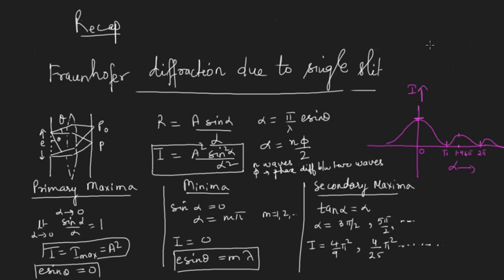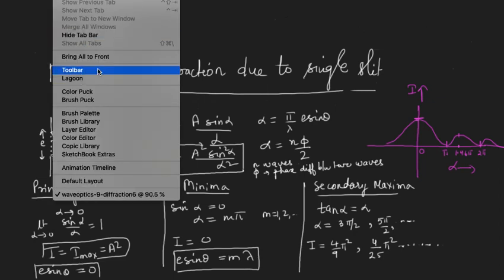In the last lecture, we did Fraunhofer diffraction due to a single slit, in which we considered the width of the slit, and we saw how our intensity modifies when we take the width of the slit into account. We saw that our slit was divided into n equal parts with phi as a phase difference between two consecutive parts. Then we took the resultant of those n parts as n waves, and we got the resultant as